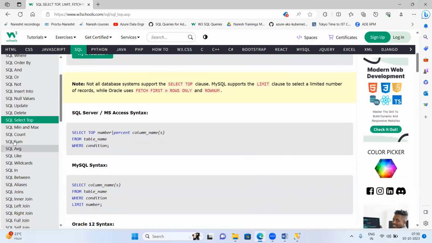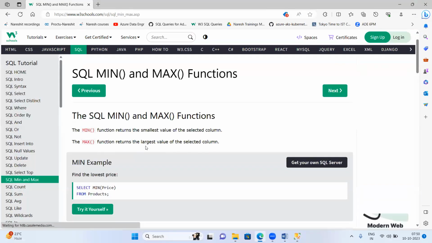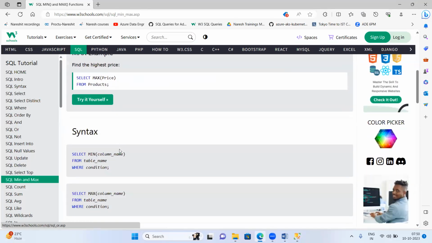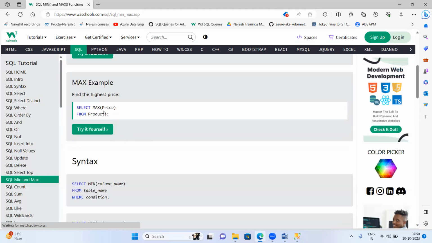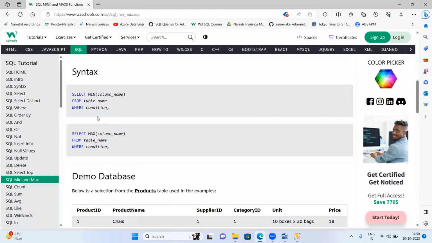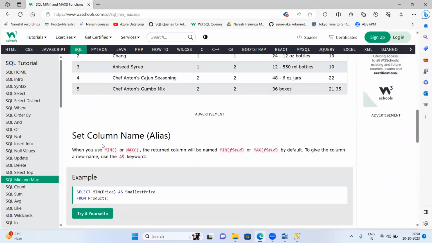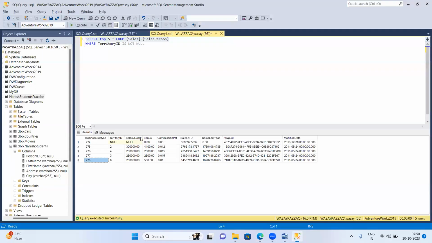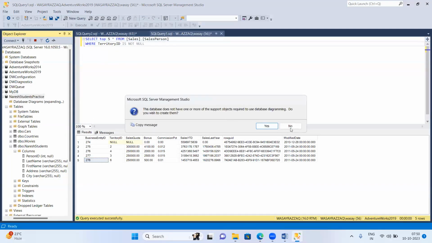Okay, min and max. These are the aggregate values. See, select max of price from products. Select minimum price from table name with this condition. You can write the condition. See, select minimum price as smallest price from products table. Okay, example. If I come here and see,